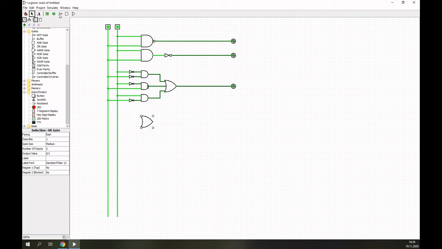And then we have 2 nots, which you connect. And we have an additional output. So if everything works correctly, then the output should be exactly the same